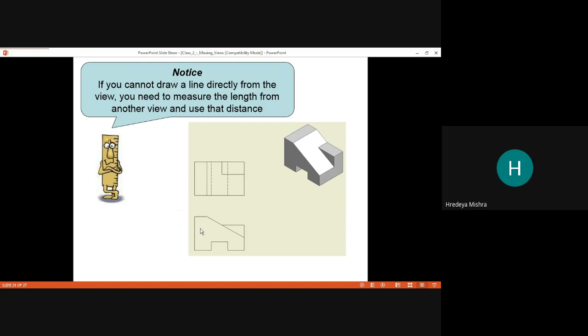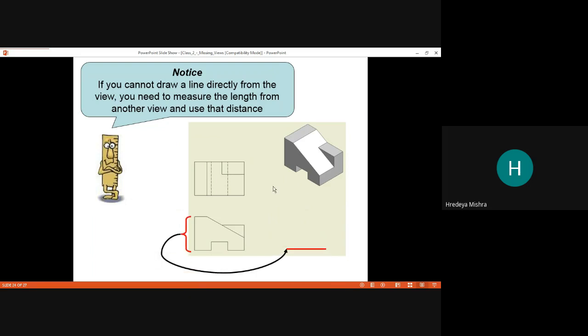If we don't want to draw the projection, then what can we do to make the missing view? We can use the dimension, the distance, from the other view.